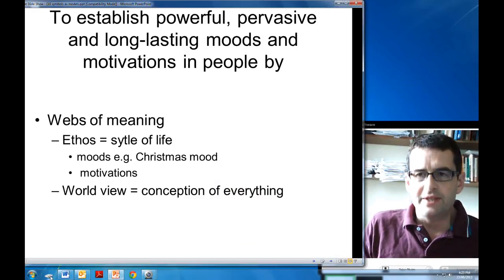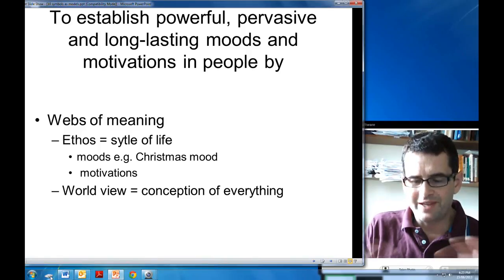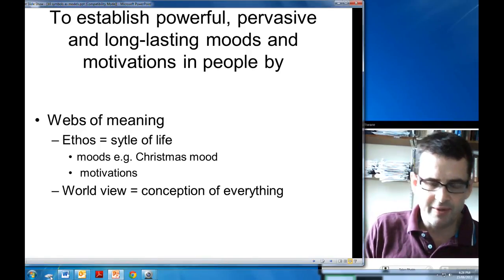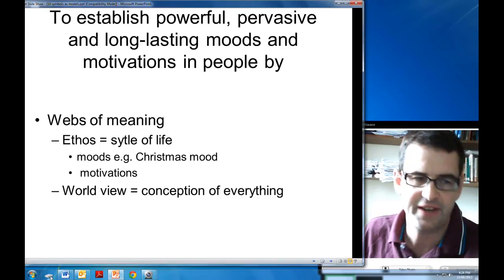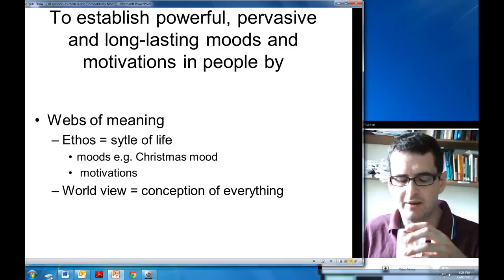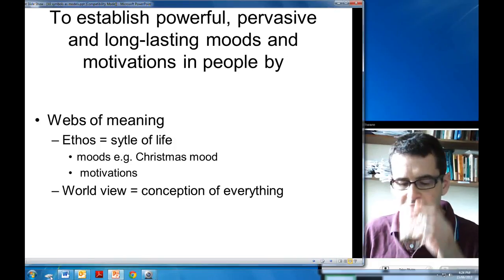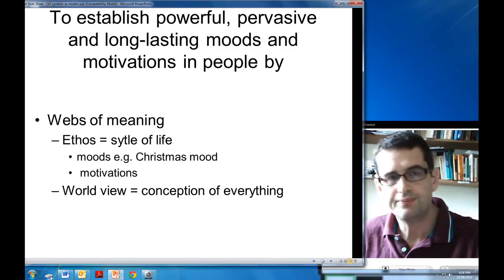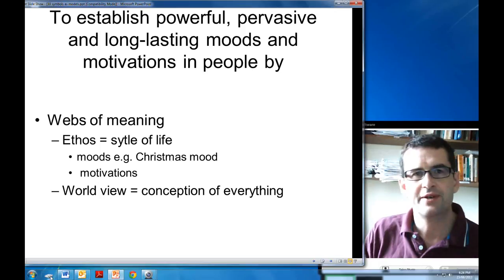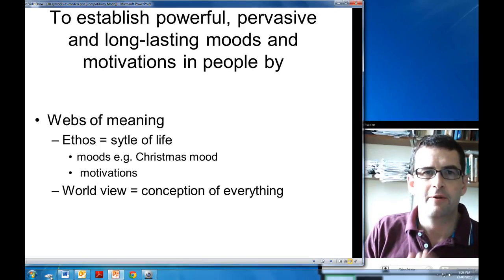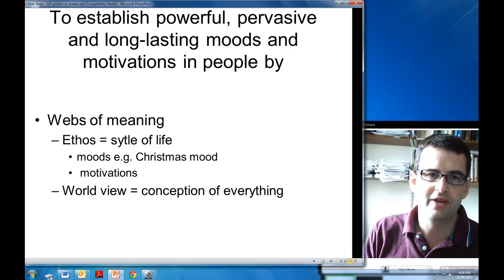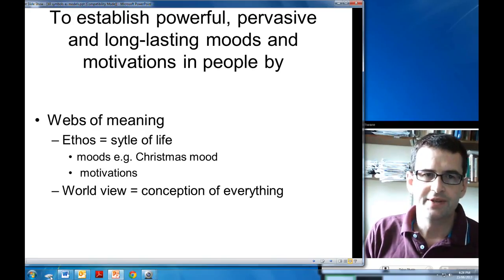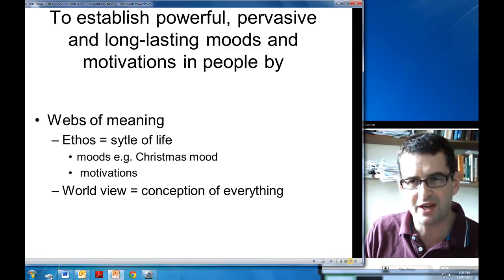So religion has these models of and models for, but they're not just simply models of or models for. The Bible by itself, according to this Geertzian approach, would not be such an effective way to make people become Christians or Jews. What you actually need is to establish long-lasting and powerful and pervasive moods and motivations in people. And so when we're talking about moods and motivations, these tie into the ethos, which is like the style of life or what to do.